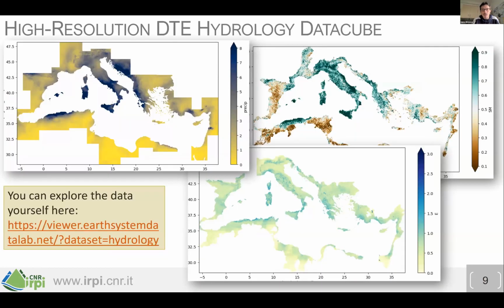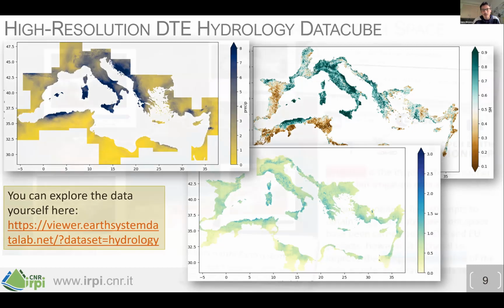And all these data are available to everybody. We have a company that made this system called Earth System Data Lab. The slides will be available for everybody asking, probably the PDF version, because it's a bit lighter. But you can go to this website, and you can look at the data, access the data, visualize it, and have a Jupyter notebook to download part of the data. It's super easy to visualize and to extract the data for your area if you are interested.